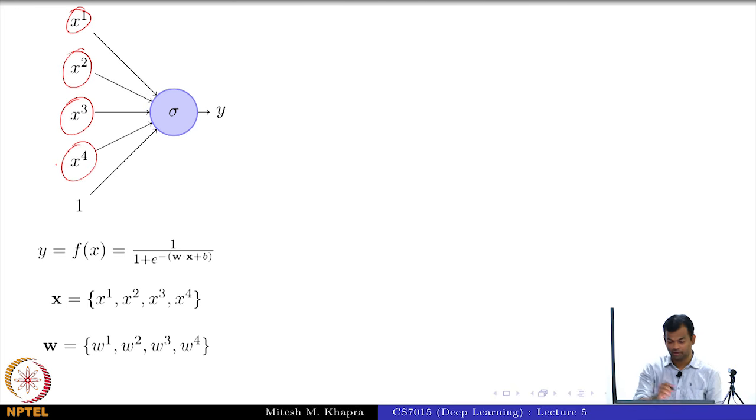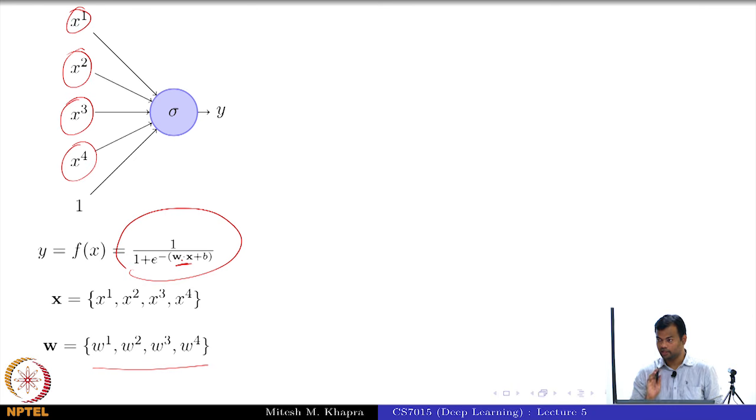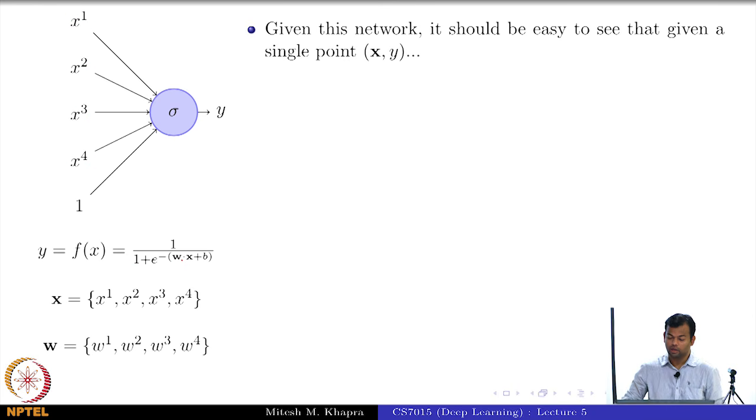This is not X squared. I know it's obvious, but I'm just making it clear. So this is X1, X2, X3, X4. Not probably the best choice of notation, but I'll stick to that. Each of these has a corresponding W1, W2, W3, W4. And this is how your decision looks: it's the dot product between the weight vector and the input vector. This is how I'm going to decide, and that's a single sigmoid neuron again.